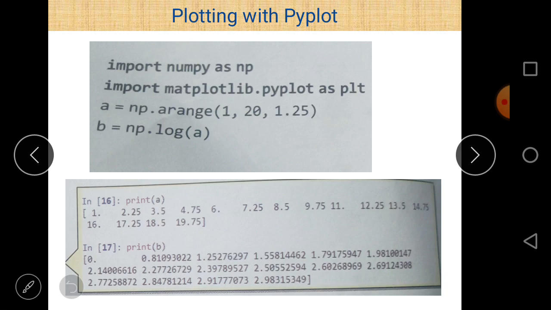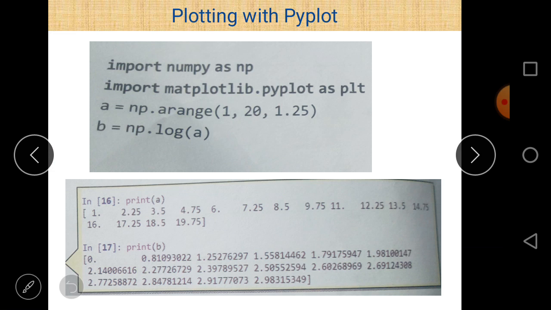Now there is a small program here. Import numpy as np. And why is numpy imported here? Because we want to use functions of numpy. So np is the alternative name given to numpy. Matplotlib is the name of the library, and pyplot is a collection of different methods. plt is the alternative name for matplotlib.pyplot.